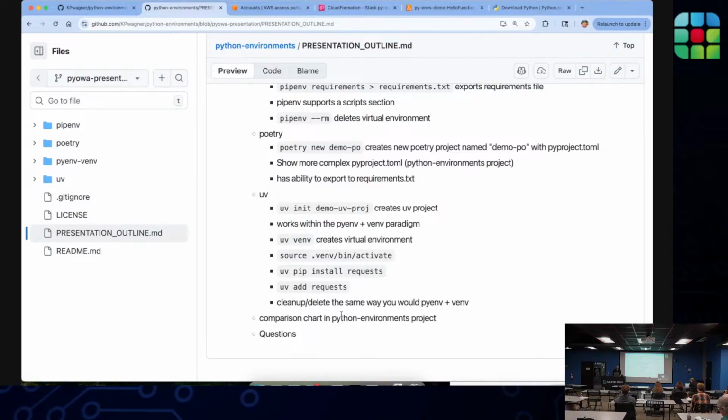Anyone have anything they wanted to share about their experiences using these? Joey, anything I got wrong about UV that you were just like, that's not right? I don't think that it builds on top of venv and pyenv. I know that they've re-implemented a bunch of stuff to be backwards compatible with those, so I can keep the users of them happy. But that's about it.